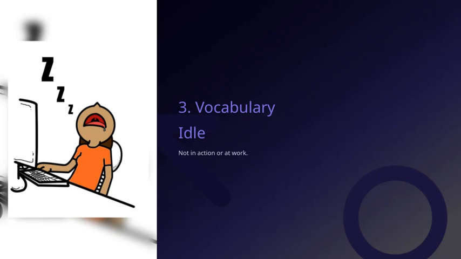Let's take a moment to explore the word idle. When we say something is idle, it means it's not in action or at work. For example, a machine that's turned off or a person who's resting instead of working. This concept is important because understanding when things are idle helps us identify where there might be inefficiencies or opportunities